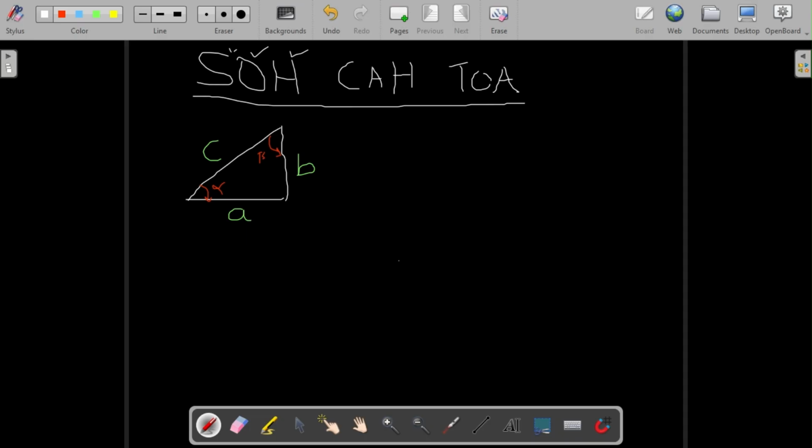CAH means cosine, adjacent, hypotenuse. TOA means tangent, opposite, adjacent. So if this is alpha, for me to get sine alpha, sine alpha becomes